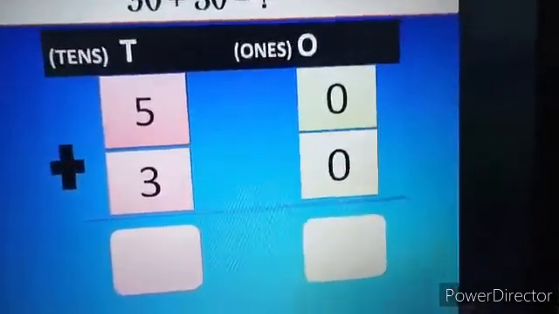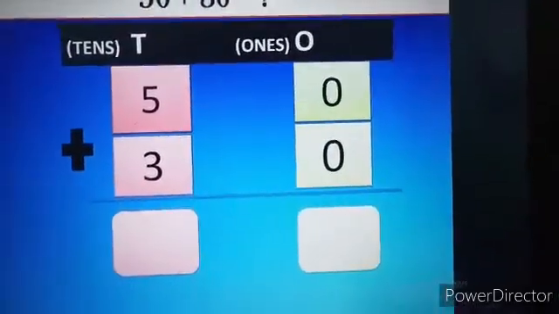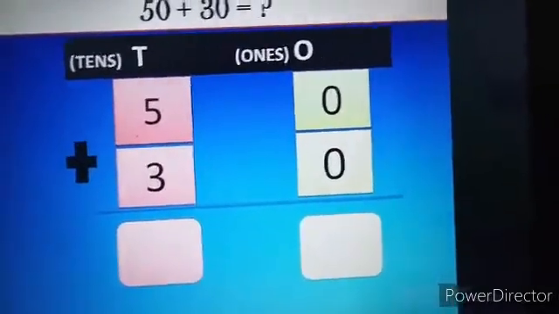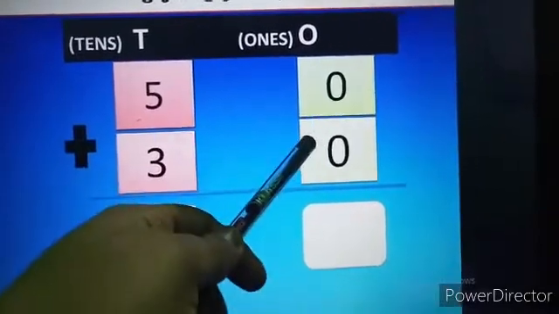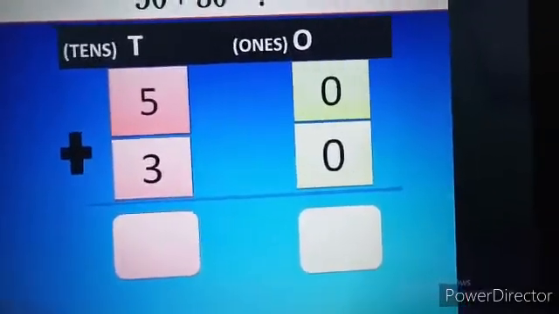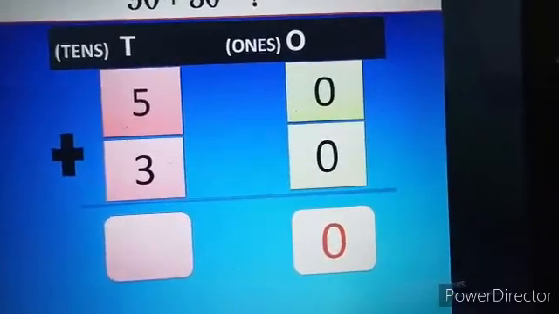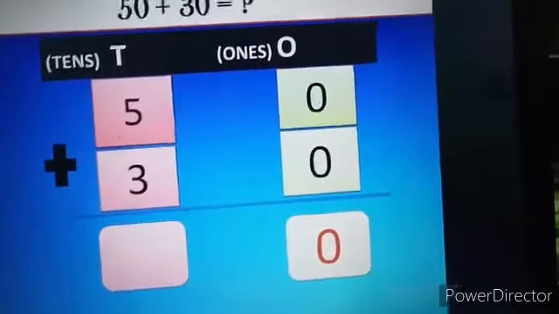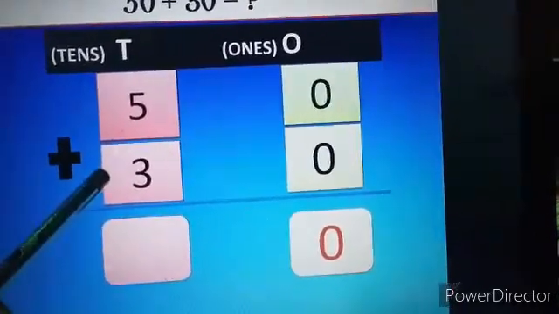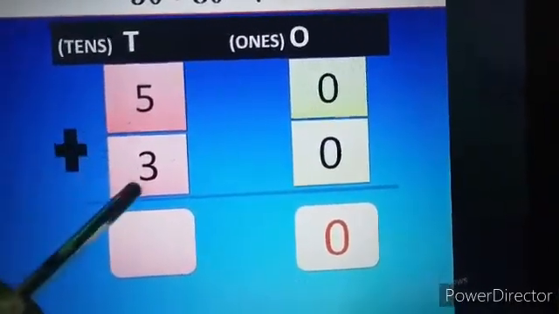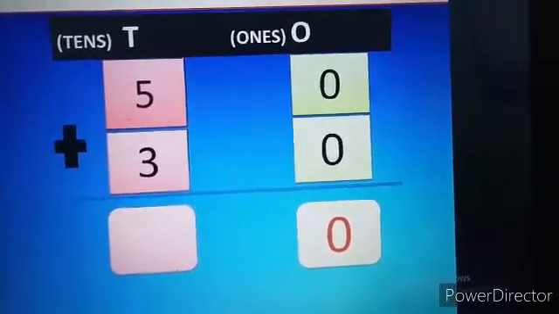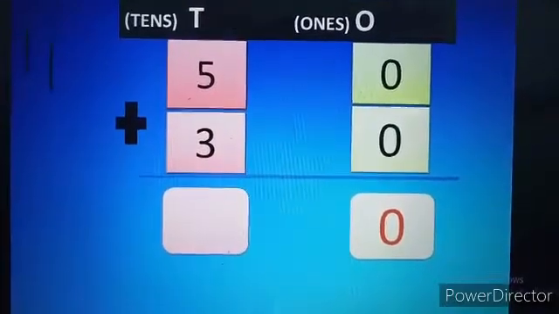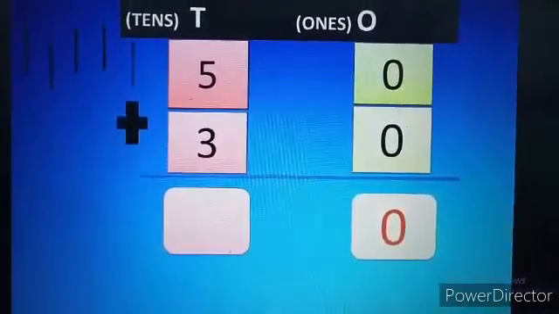Okay, so children, as we know that first we have to add the 1's place, let us add. See children, here 0 plus 0. 0 means nothing. So your answer will be 0. No need of drawing lines. And now come to the 10's place. Here what digits are there? 5 plus 3. So how many lines will we draw first? 5 lines. 1, 2, 3, 4 and 5.